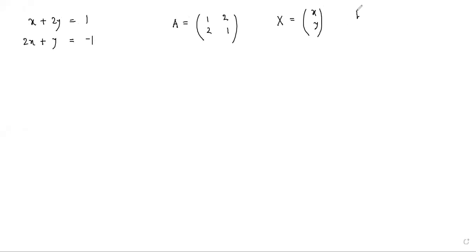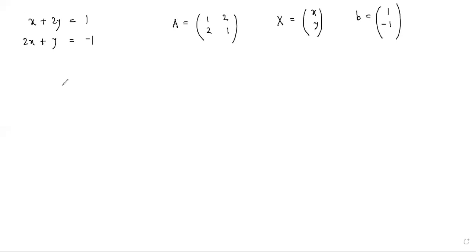So I was discussing in the previous session the methodology of finding the solution of the given system using the rank method, and we wrote the matrix form as the following. Let me write it once again: 1 2 2 1, and the column matrix, the unknown vector, was x y, and the vector b was represented by 1 minus 1. And I told you that this particular rank method consists of two steps.